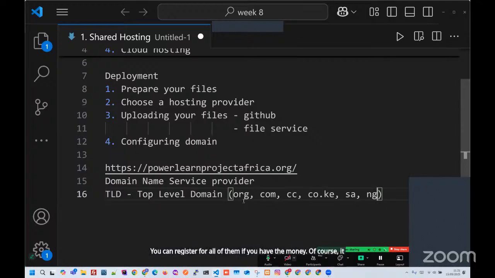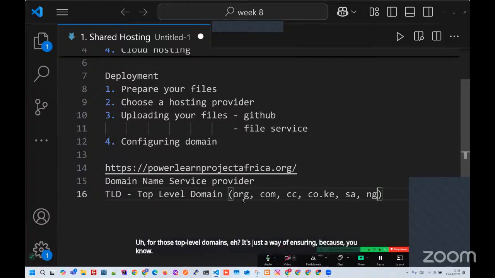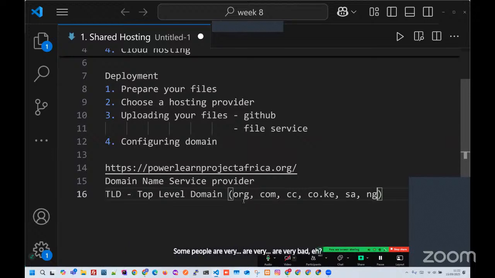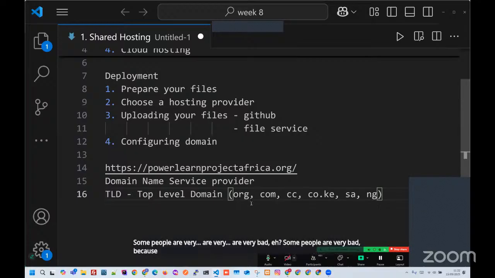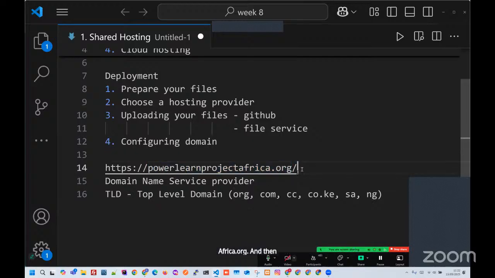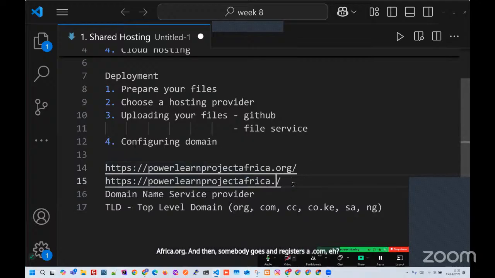Of course, it will be very expensive, but then you ensure that nobody takes up your domain name for those top level domains. It's just a way of ensuring, because some people are very bad. You will register like what we have, powerlandprojectafrica.org, and then somebody goes and registers a .com